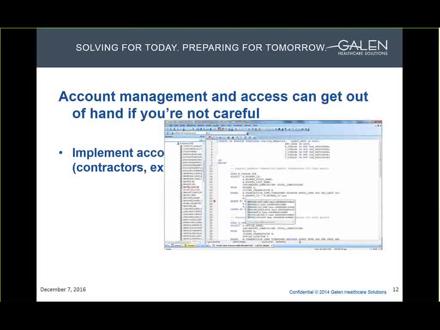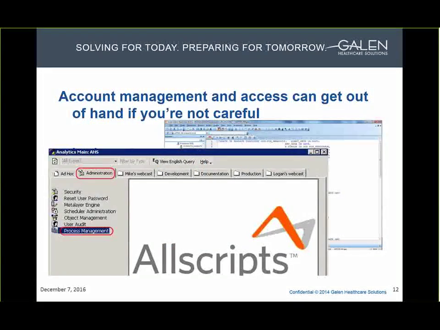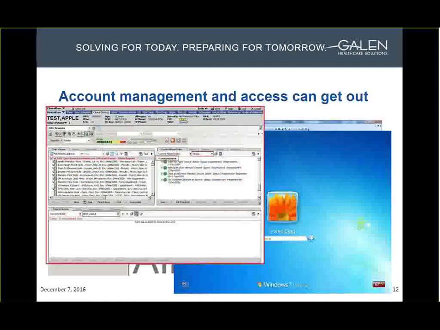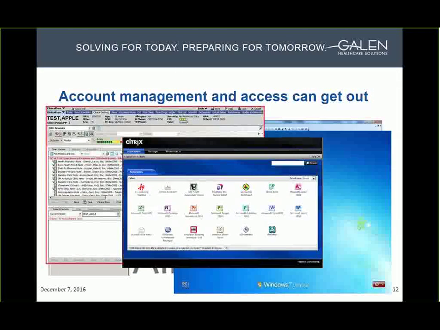So you have your database if they're a sysadmin, you have your analytics system for doing reporting, you have the Windows logon to get into the computer, then you have the actual EMR. So all of these different accounts, or the portal actually too, could have different passwords or different ways to get into them,